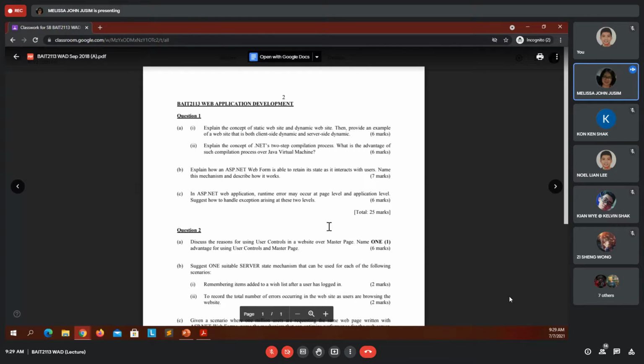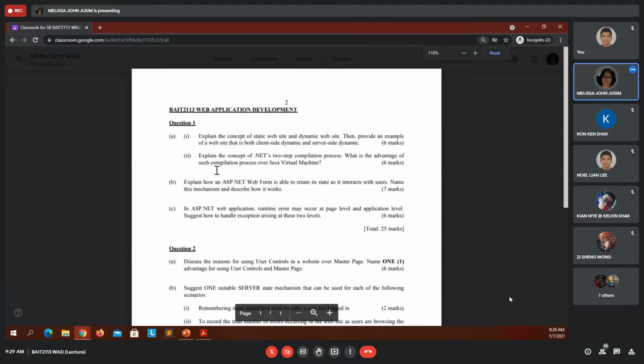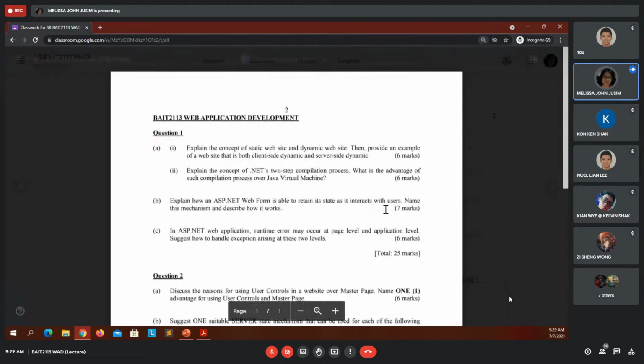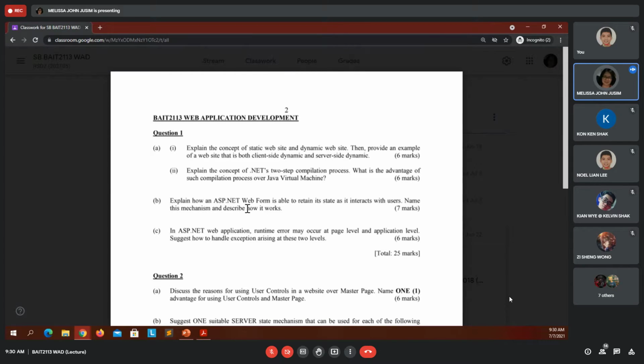Static dynamic website, the two-step compilation, we have learned this. Look at question 1B. What does it say? 7 marks. Explain how an ASP.NET web form is able to retain its state as it interacts with users. Name this mechanism and describe how it works.